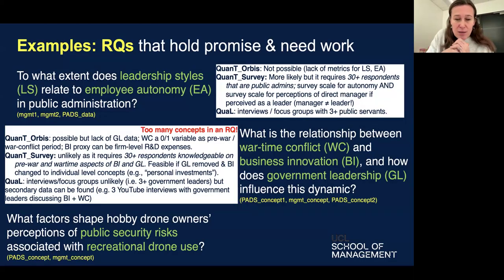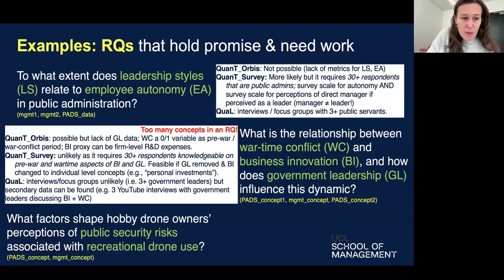So I don't think it's possible unless you change business innovation to something that is more individual level, because you have respondents. Yeah, business innovation is at the firm level. You will need CEOs at the firm level or someone with really good knowledge of the firm. Is another difficult task. So remove government leadership if you want to do a survey. Adapt business innovation to something like personal investments, and possibly you may be able to get survey data that is